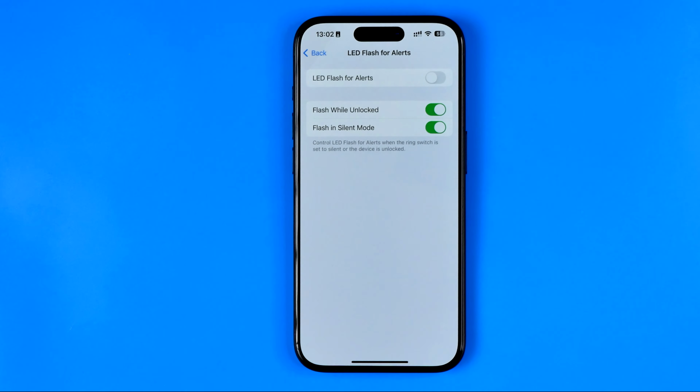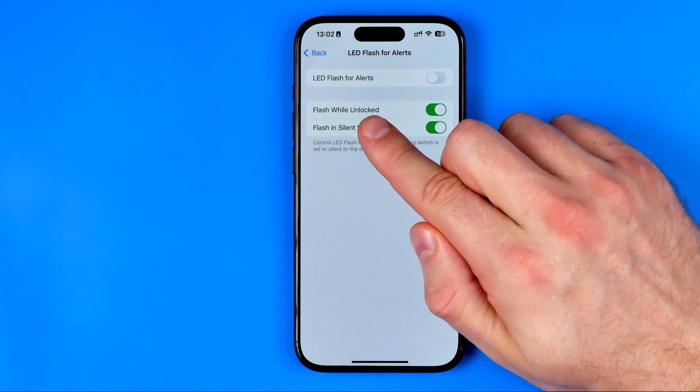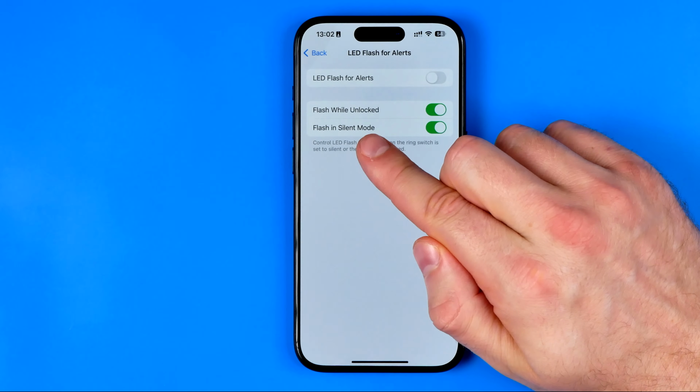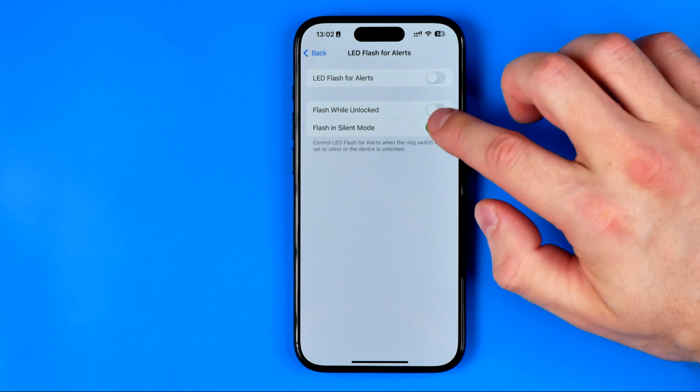However, you can still keep flash notifications enabled for these particular scenarios, such as when your device is unlocked and also when your device is in silent mode. However, you can also disable both of these